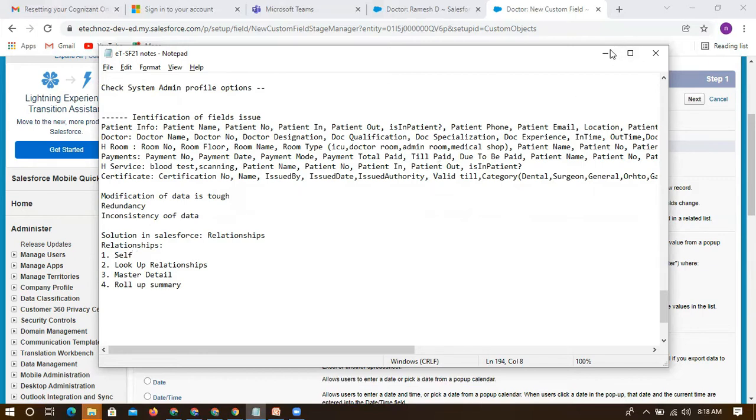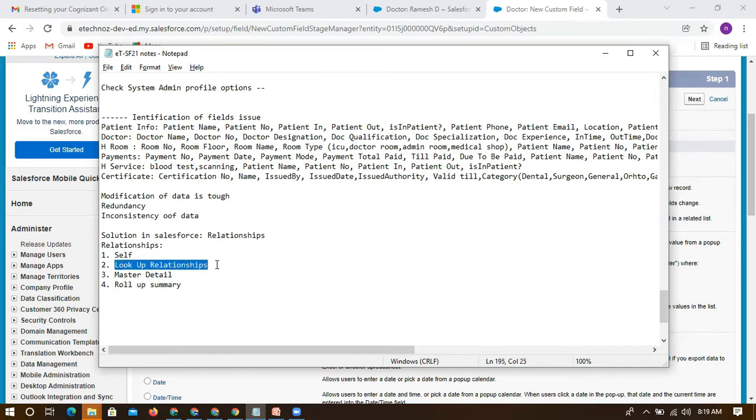Doctor, like if I have any other doctor who looks only after doctors, he's a kind of senior doctor who will just look over the junior doctors. He doesn't get involved in operations or in any patients, any checkup or something. He will just look over only the doctors. In that case, we will create one self relationship, and with this we will add that doctor, so he will control all these doctors. That is where we can use self.